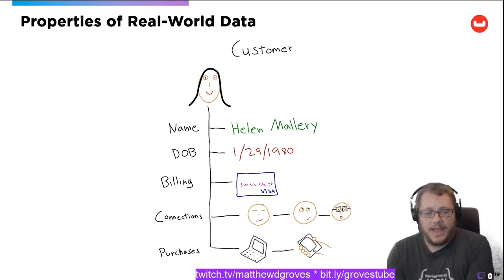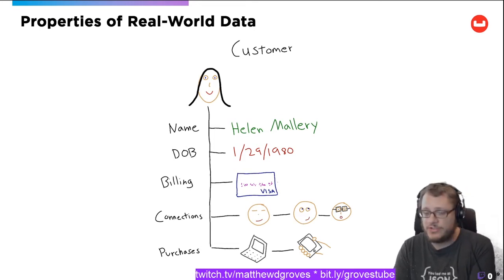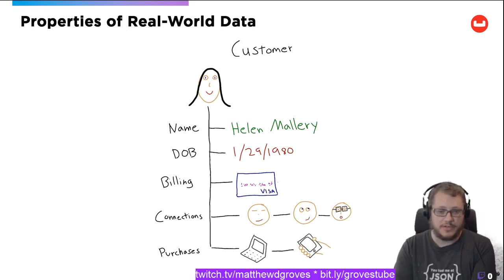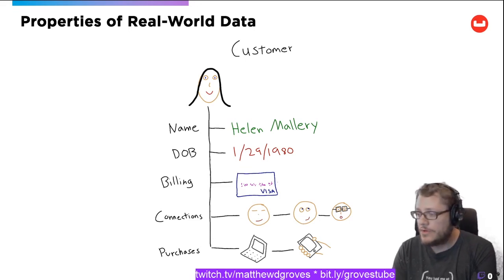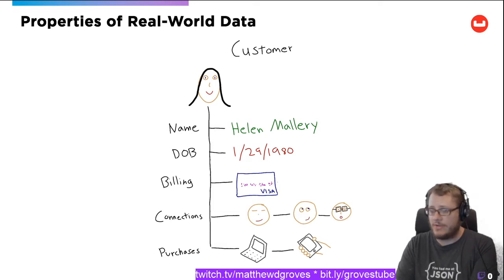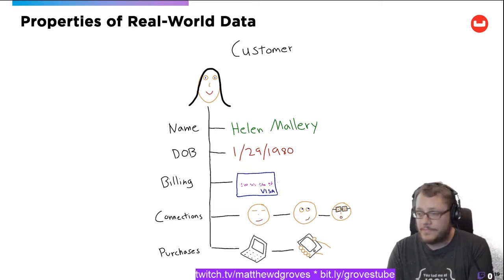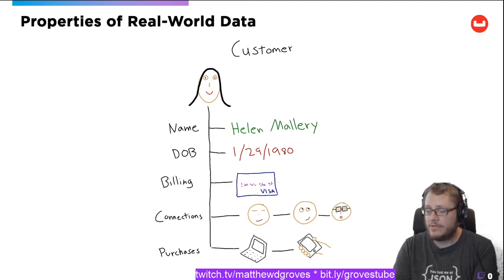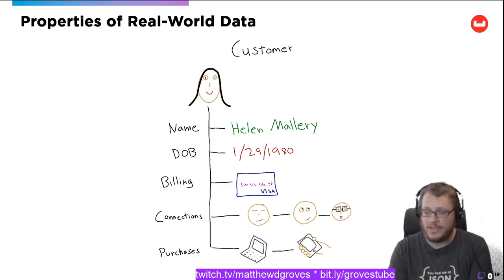So let's look at modeling this. We're building a new system. We're gathering requirements. We haven't even chosen a database yet or a technology we're going to build it on. We're just whiteboarding out the concepts and saying, okay, here's what a customer is going to have to store. Now there are 4 things that I want to point out here, 4 properties of this data and